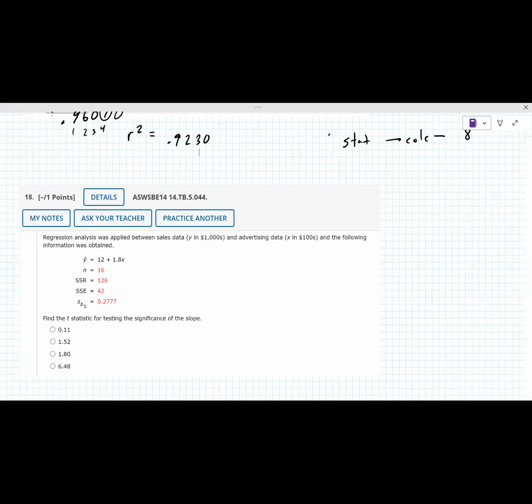Okay, for the next one here, we need some formulas for calculating T. T is B1. Let me go grab it for you. All right, so there's the formula for T. It says calculate the test statistic. It's B1, and B1 is the slope. The slope right there, that's B1 over SB1, 0.2777. So you just calculate that if you know the formula. If you know the formula, you got it. If you don't,